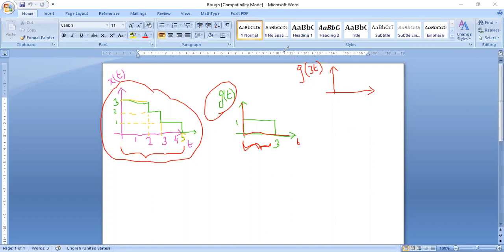I have given the reason. See, all this is the trial and error method. If you solve one or two problems, you yourself understand what operation we can perform in the exam for any type of questions. So successfully, I could convert my g of t, which has a large interval from 1 to 3, into the standard interval 0 to 1. So this is the first step. I want everyone to do this. The amplitude remains same, 1 only.